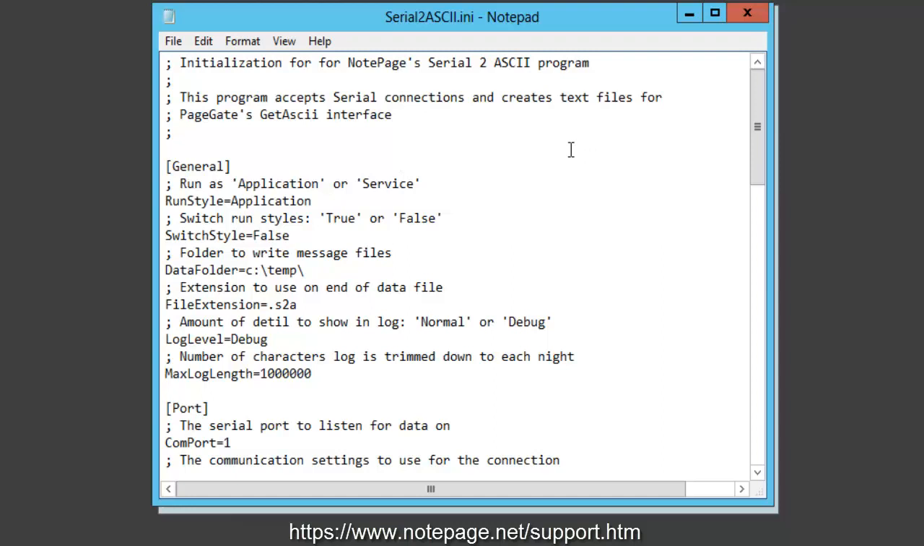To give you a little more information, this INI controls the behavior of the Serial2ASCII receiver. Change runStyle equals application to runStyle equals service. Change switchStyle equals false to switchStyle equals true. Set data folder to the directory you created for the Serial2ASCII module. By default, you would set data folder to /PageGate data